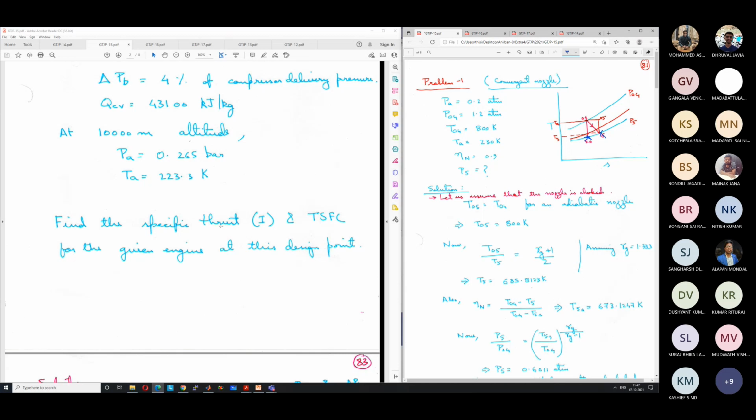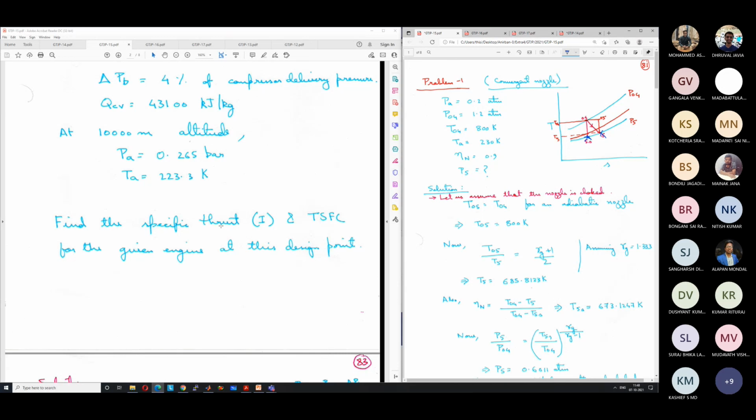All the calculations that we do for jet engines, we try to do per unit mass flow rate of air at the intake. Why? Because then we can scale up any of the calculations. So per unit mass flow rate of air, if we find out the thrust, say 10 kilonewton, and we know that we need 100 kilonewton of thrust for takeoff, then we will need a mass flow rate of 10 kg per second to obtain 100 kilonewton thrust. Accordingly, we can find out all the area and size of the engine.